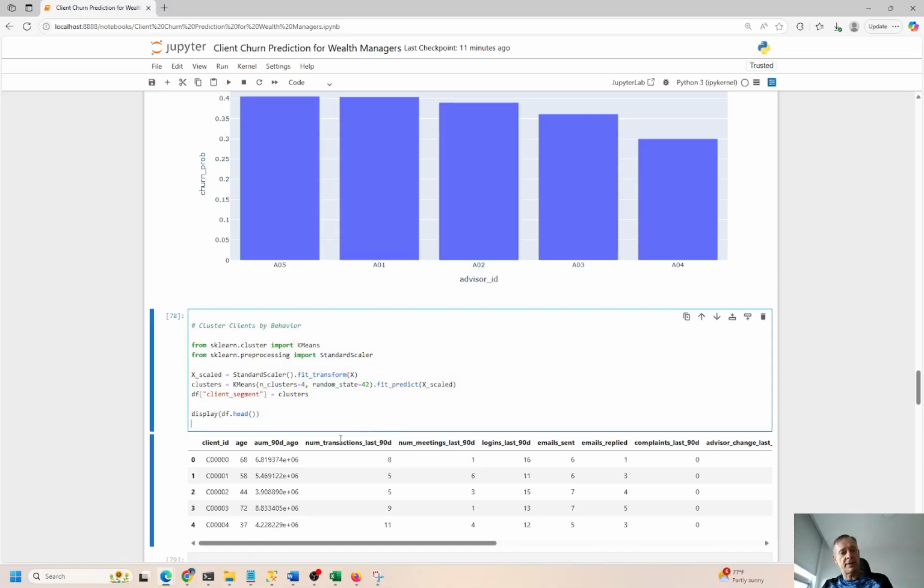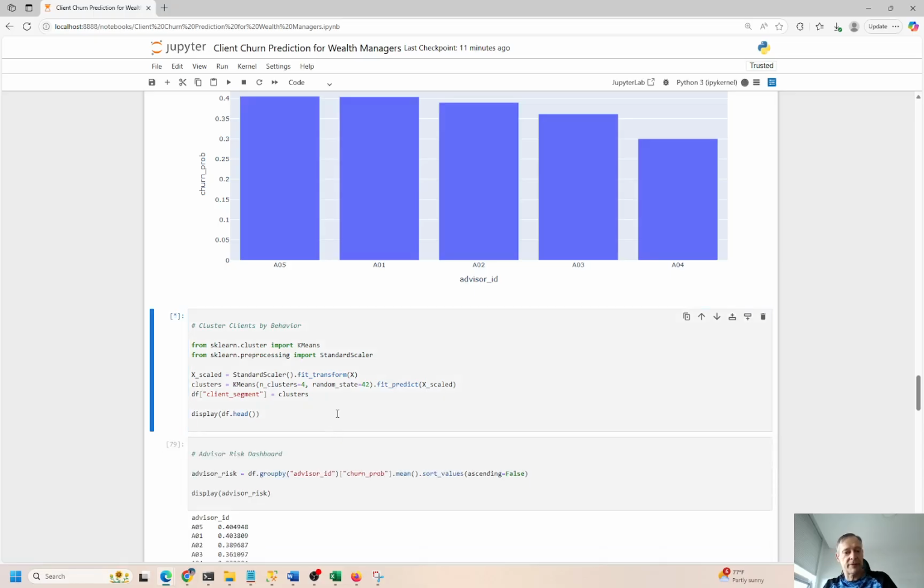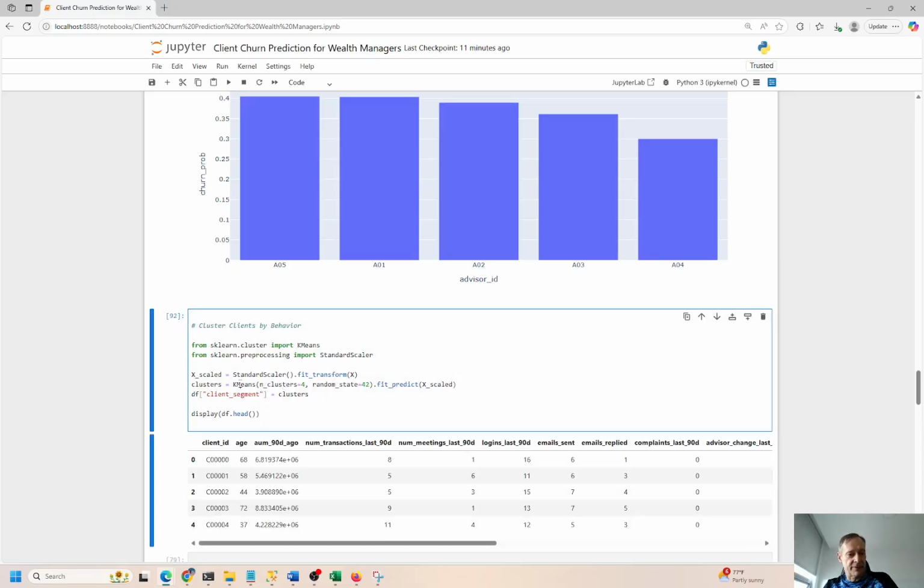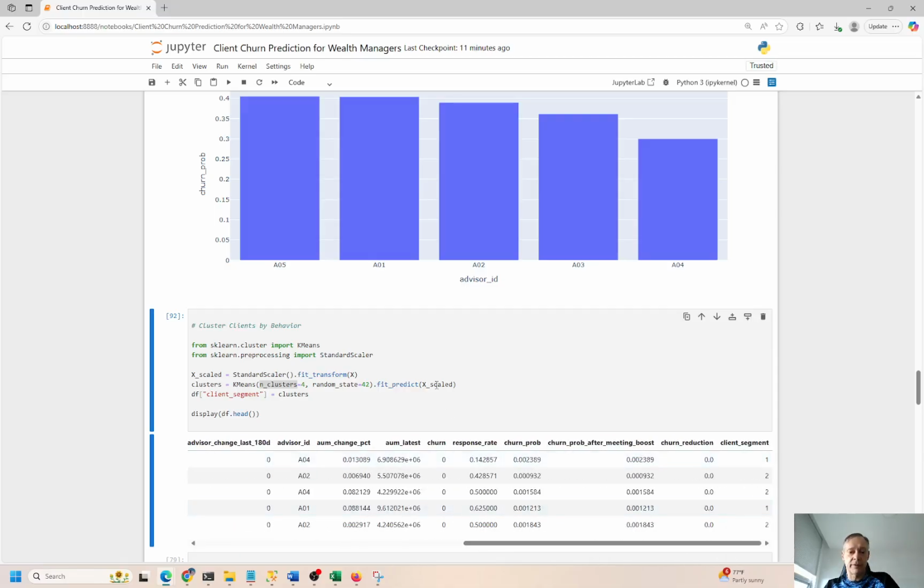So let's go ahead and do a quick clustering exercise. Cluster right here, we're doing k-means, and we're setting the number of clusters to 4. I've got several videos on my channel about clustering, so you can learn all about that. We've scaled the data. Basically, scaling is taking everything and normalizing it into the same relative form. If you are comparing something that has high value to something that has low value, you're going to train the machine to say, okay, high value is way better, low value is way worse. You want to normalize and scale everything so they're together.